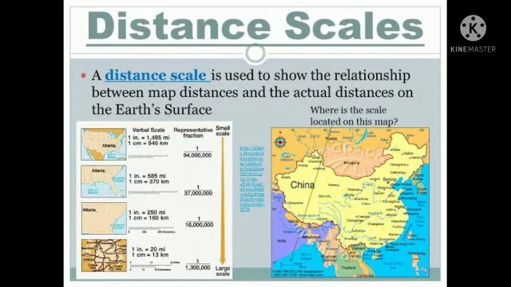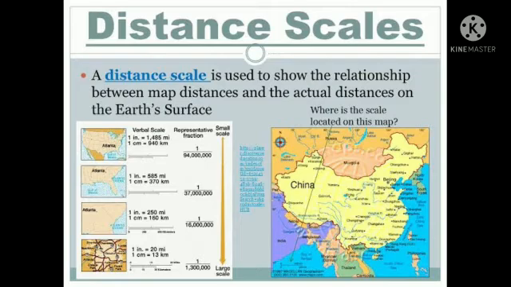Now next is scale. Students, do you know how you will show the distance from Delhi to Mumbai on a map? It is not possible to draw so many kilometers of road on a map. Since maps cannot be as big as the actual distance between places, they use a scale to show distance. The scale is an important part of the language of a map.